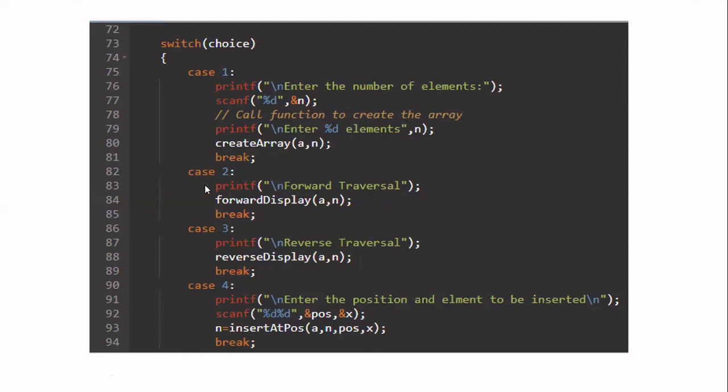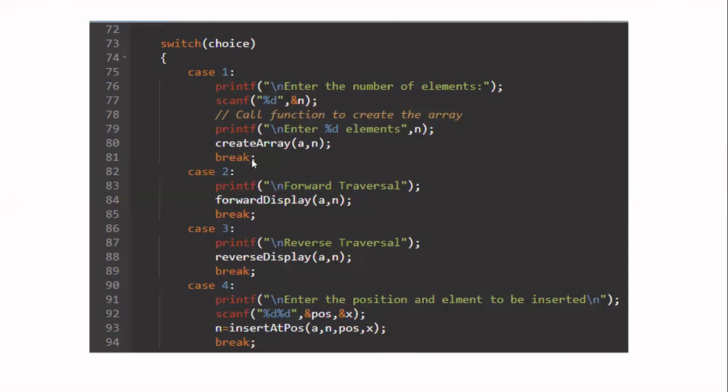Okay. So I am calling the function. What is the return type of the create array function? What did we declare? Integer or void for create array? Void. Void means the function will not return anything. So since the function is not returning anything, don't save the answer in some other variable. Simply call the function, that is fine.